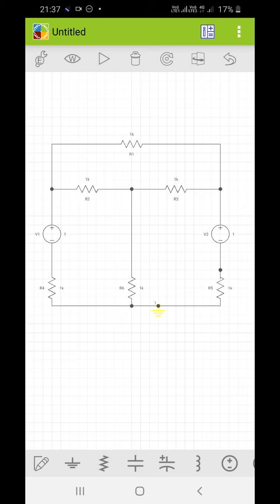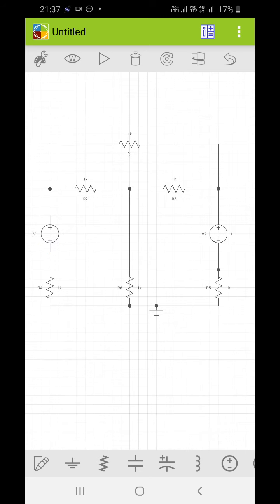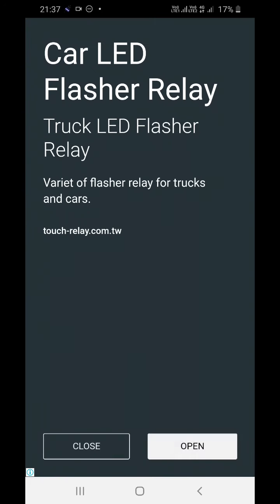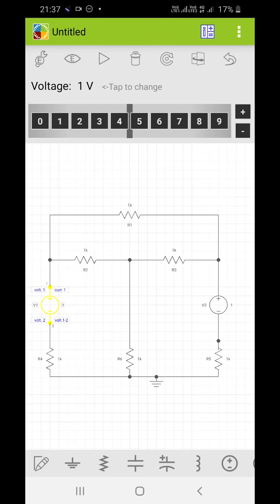So I have provided the ground, and now I have to give the voltage source, and I want this voltage source to be 9 volts. So I will click on this voltage source, and I will go to this E. Okay, so this VDC of 1 volt, I have to take 9 volt.